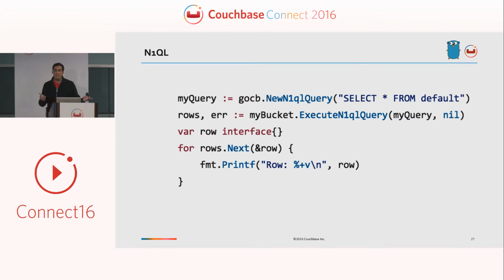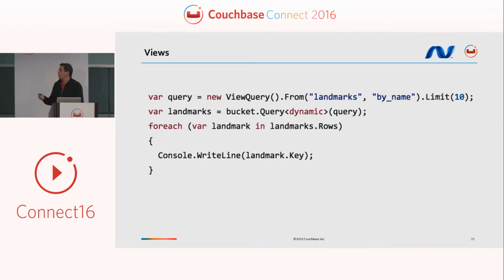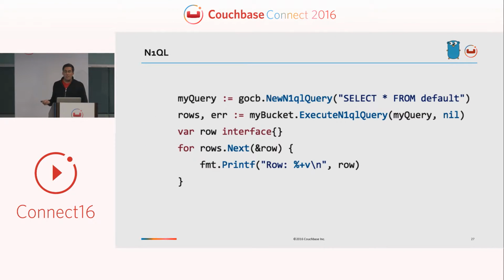So how can we execute a N1QL query? This is very similar to a view query, not by accident. What we see here is the Go SDK executing a N1QL query. The first thing you'll see is it says new N1QL query and execute N1QL query. If we go back here to .NET, we'll see just the query method. The reason is Go doesn't support function overloading. While in .NET and Java, we have one query method which gets overloaded with all the different queries,